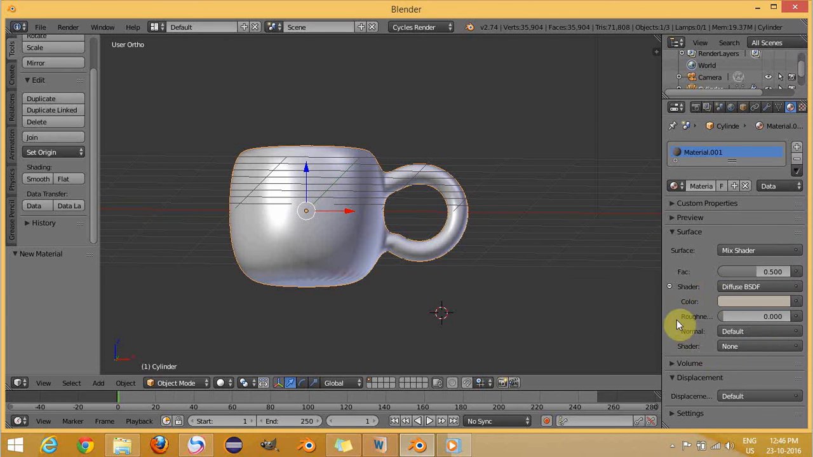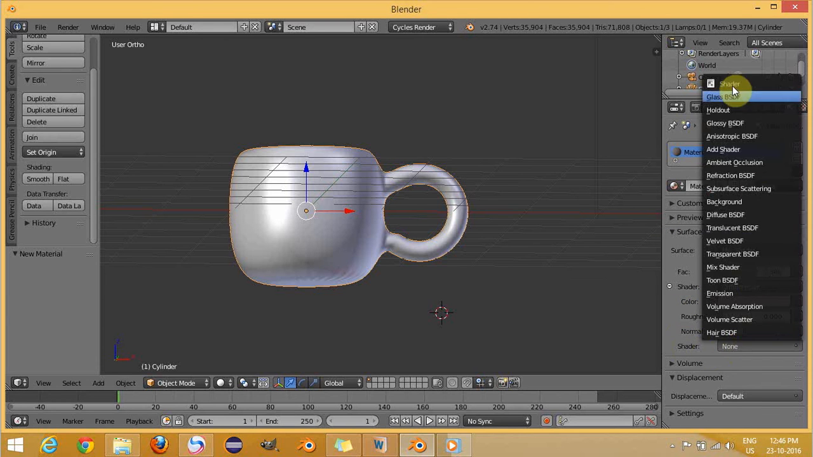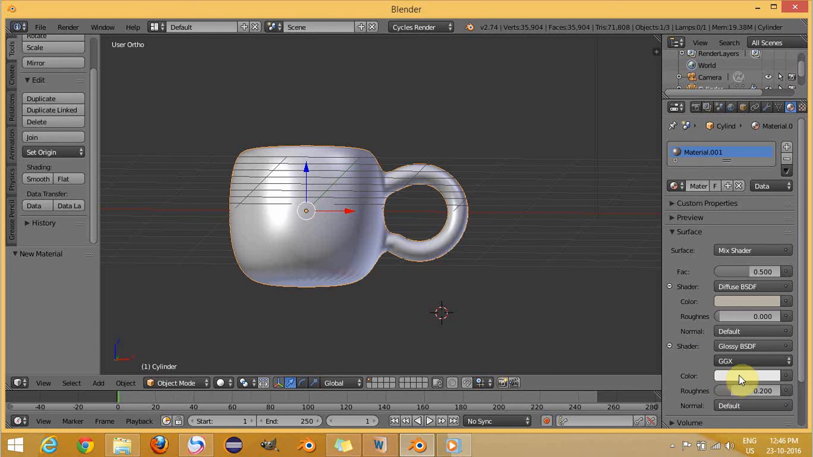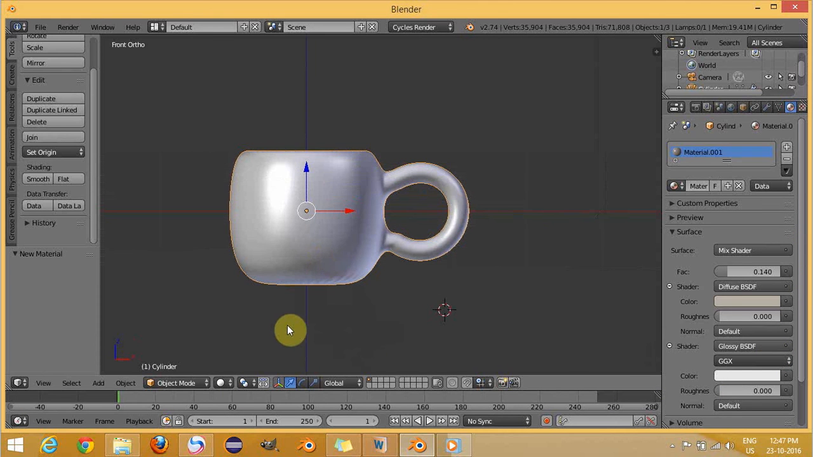After selecting the color, go to the next shader and select glossy and leave this into white, and change the roughness, give 0 and press enter, and go to fac and change this into 0.14, enter. After this press 1, set the origin just below the cup